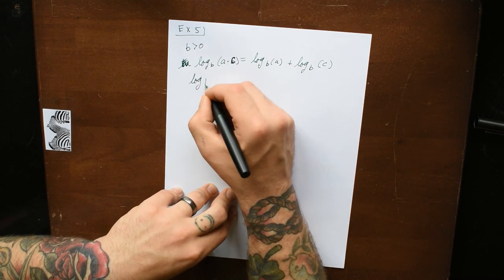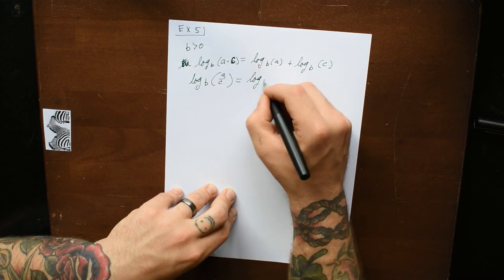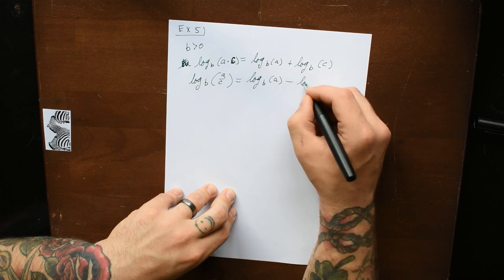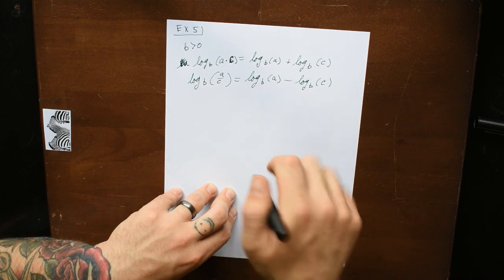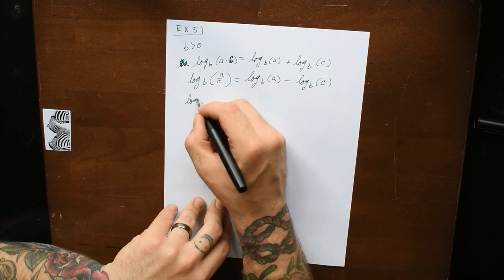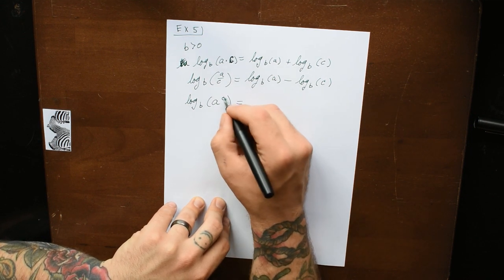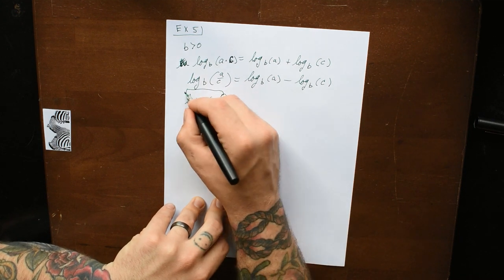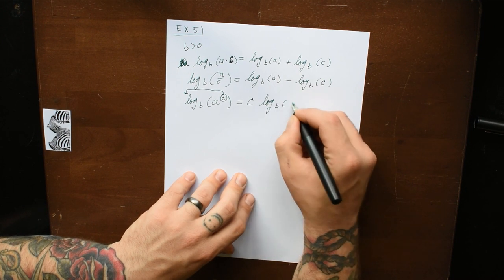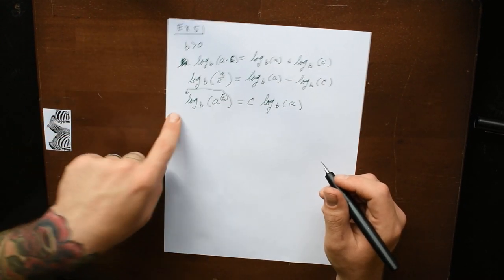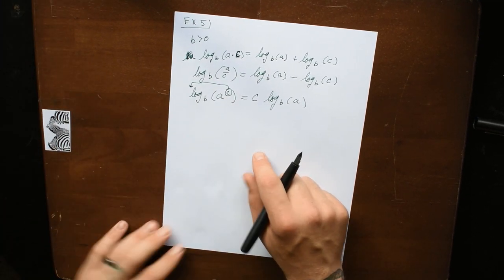The log of the product is equal to the sum of the logs. The log base b of a divided by c is equal to the log base b of a minus the log base b of c. The log of the quotient is equal to the difference of the logs. And log base b of a with an exponent of c, well, exponents come out front as coefficients, turning into c times the log base b of a. These are our three main log rules, and we will start to use them, or you're free to use them,